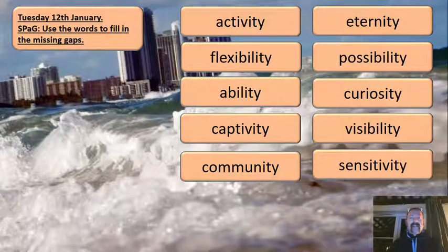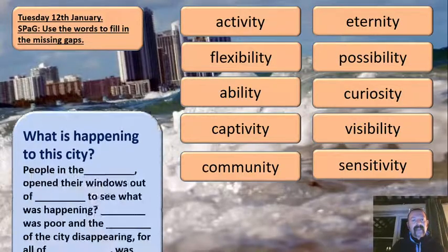Now it's really important, if you don't understand the meaning of any of those words, that you either ask an adult, talk about it in class, or independently use a dictionary or look them up online. Do try and find out the meaning of those words, because you're going to need to understand that for this next activity.